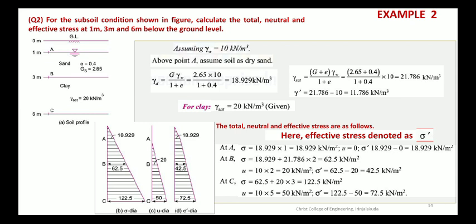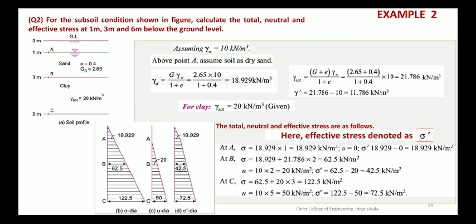And if you're finding out the total stress or the pore water pressure, what are the two main things that you need? Mainly the height of each layer, isn't it? The height of each layer, which has different unit weights, different layers and of different height. So the property that is changing is the unit weight. So we need mainly two things: the unit weight of each layer and also the height of each layer. You have to see whether those particulars are given in the question directly. If it is not given directly, we may have to find it out. That is the only part which is difficult in this type of question.